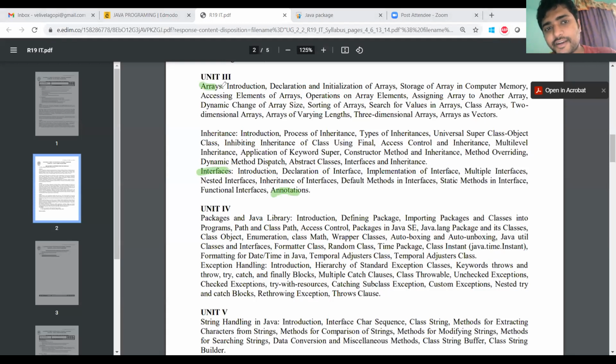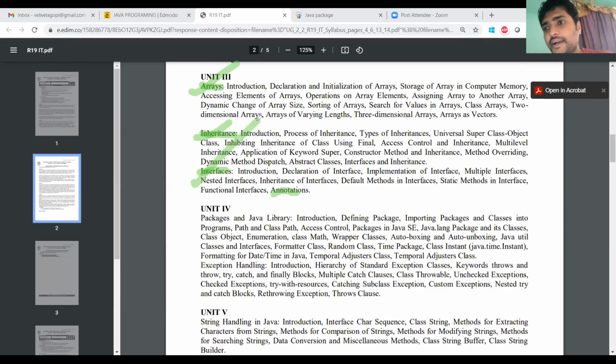So this is the third unit. The third unit consists of arrays, inheritance, and interfaces. These are features of object-oriented concepts. If you go for any object-oriented programming language, you will get arrays, inheritance, and interfaces. Every object-oriented language can have these features: classes, objects, methods, arrays, inheritance, polymorphism, interfaces, and constructors. In the meanwhile, we have seen the purpose of constructors also. So this is all about interfaces.